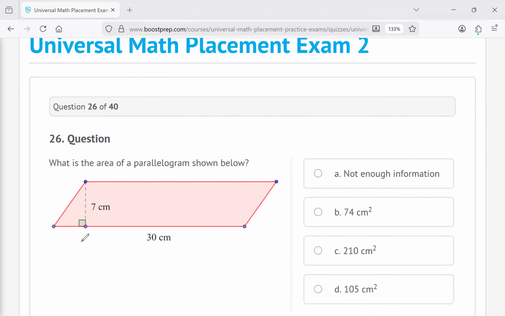Okay, 26. What is the area of this parallelogram? So the area of this specific parallelogram is just the base times the height. So our base is 30, and then this height is 7. You don't need to do any more triangles. You don't have to worry about figuring out this unknown side length. It's just base times height, and 30 times 7 is going to be